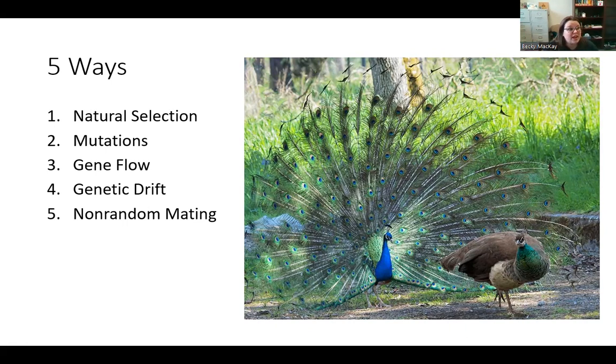A lot of mutations happen and they don't do anything at all. And some mutations are beneficial and some mutations are much, much worse. You also have gene flow, and that is just when organisms of the same species come into a population. So maybe when you have multiple herds of wildebeest and they all come together and join into a big herd during migration, that would be an example of gene flow.